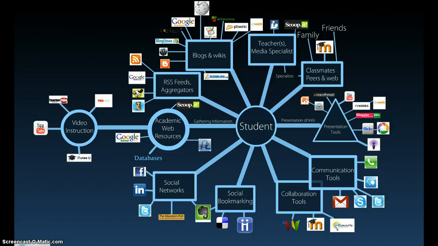If you look towards the top left, blogs and wikis are some of the main tools that we use for that process. Blogs are weblogs, and they allow students, experts, and enthusiasts to communicate their findings, their immediate findings, to a worldwide audience. And so these are tools that students can use themselves, and also they can subscribe to the blogs and wikis of others and get involved in that way. And one way of making that easy is just down to the left of blogs and wikis, you'll see RSS Feeds and Aggregators,